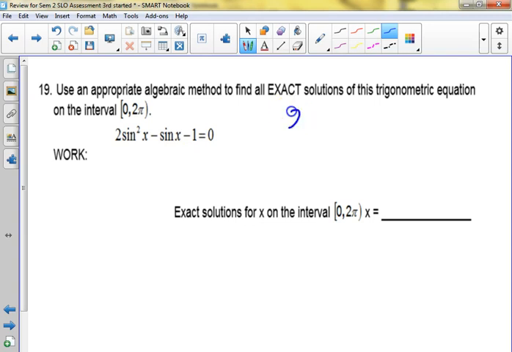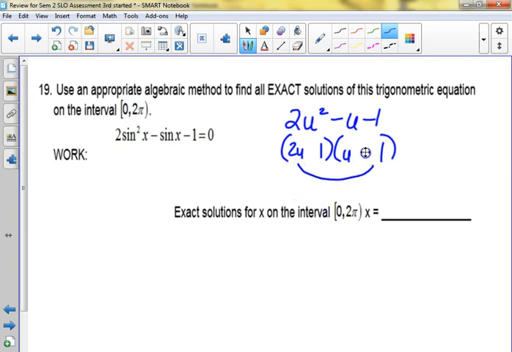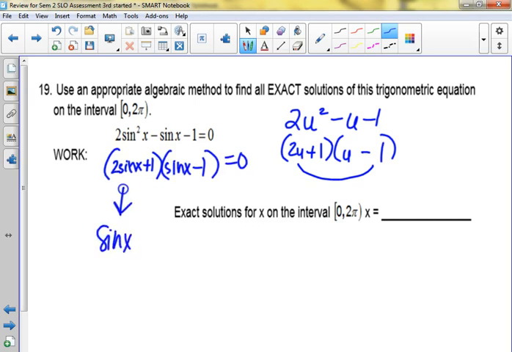Yes, it factors. It's like 2 something squared minus a something minus 1. How would that factor? 2 something with a 1 and a something with a 1 and what? Yeah, we need to have a -2 and a +1 in order to add up and get a -1 in the middle. So how is it actually factoring over here? 2 sine x plus 1 and sine x minus 1. So that means we get what? Sine of x equals -1/2, or